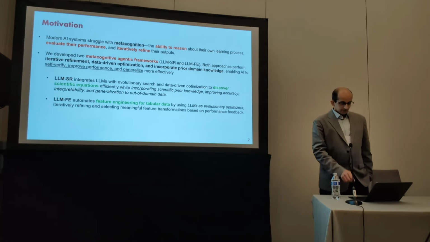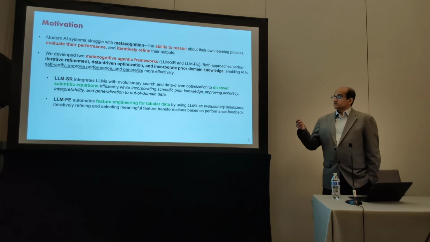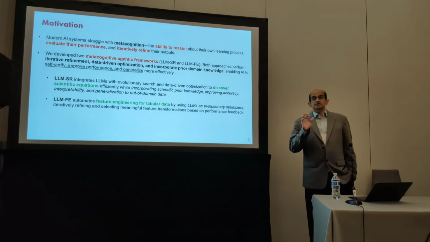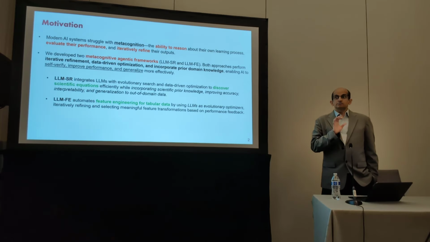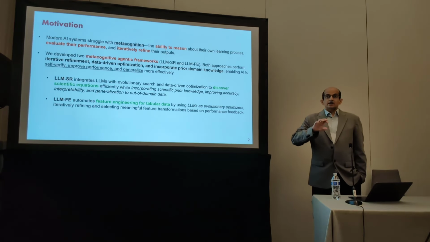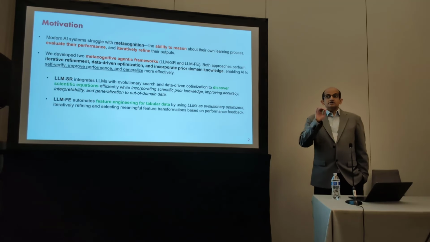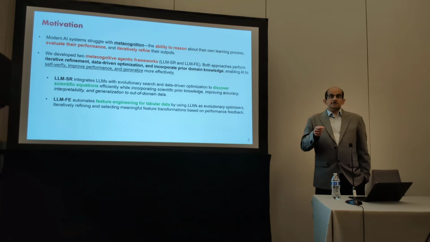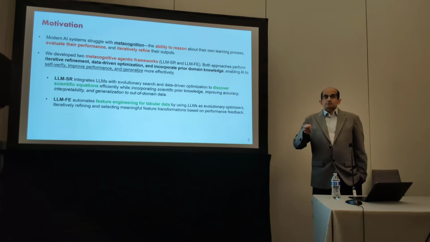In the second problem, we will have this LLM-FE, which is an automatic feature engineering method for tabular data learning, which is a very important problem where you have tabular data and you want to build a predictive model and you want to optimize for the right set of features. Right? There are tons of methods in the literature, but how do we effectively incorporate the domain knowledge from the LLM in trying to find the most optimal set of features before we get into the predictive model, and keep refining for the optimal set of features in an automated way through evolutionary search mechanisms